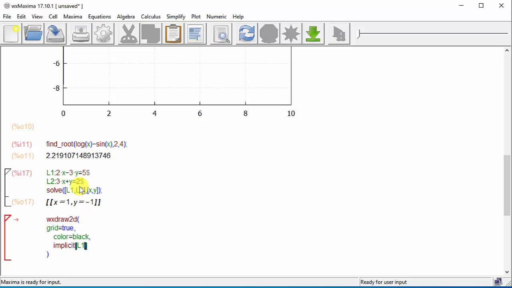So my variable's x, and it's going to go from -2 to 2, and then my y is going to go from -2 to 2. Parenthesis, and we'll do another comma, and then I'm going to do implicit,